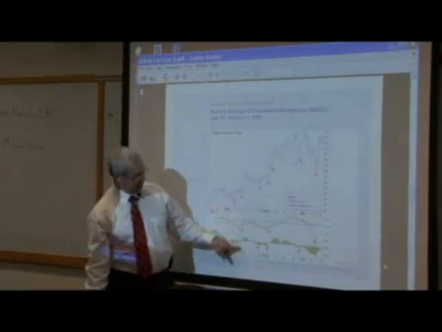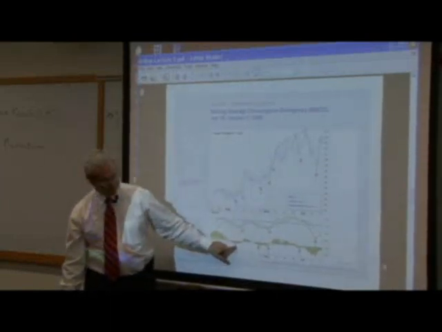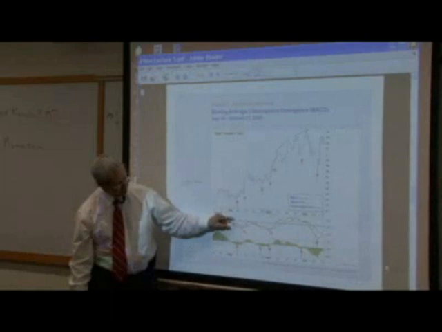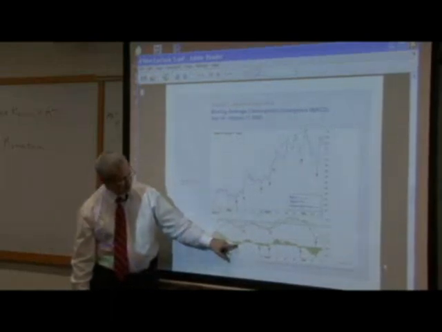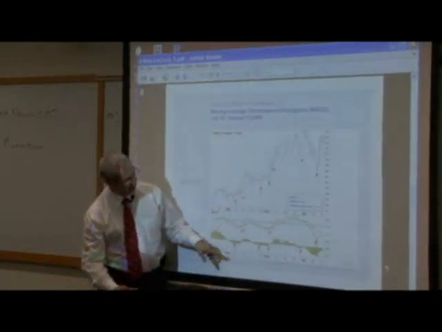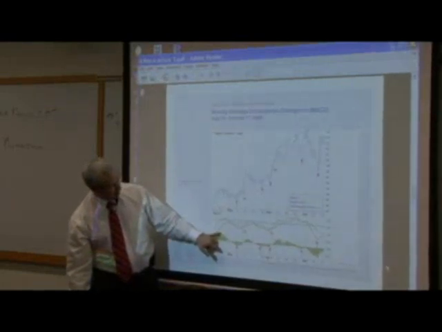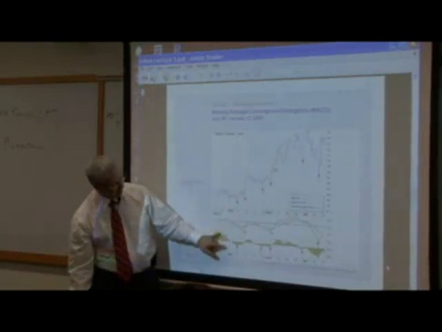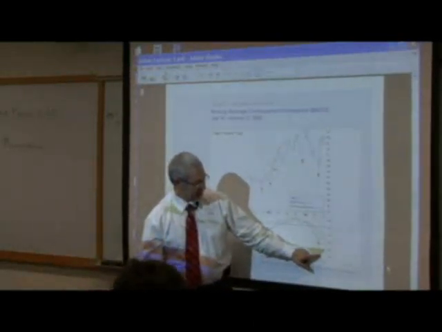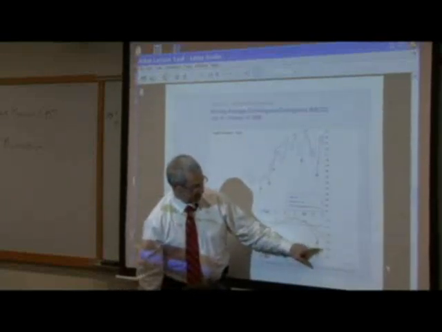Before the crossing of the signal line in the MACD, some people also use the histogram. At the first bar, here the bars are getting longer, the lines are getting farther apart. At the first bar that's shorter, it's kind of like now they're starting to come in again. Some people take that signal. Okay, so this would be a peak here, first down bar. They could be a seller here instead of over here. Another way to use it. Okay, here's your peak, and the next one's down. So before they cross, because now they're starting to converge, we're going to take an early signal here.